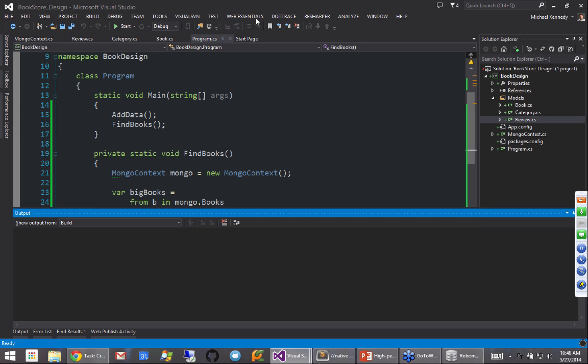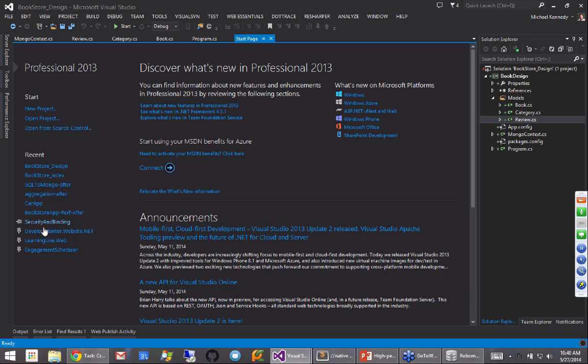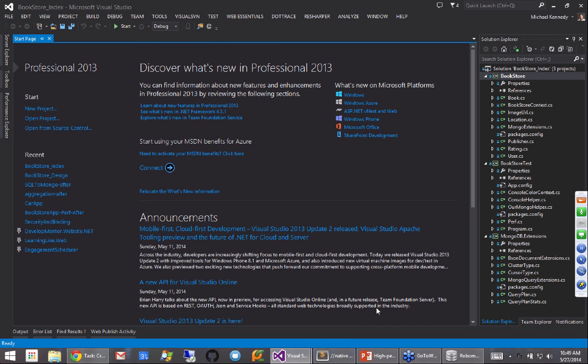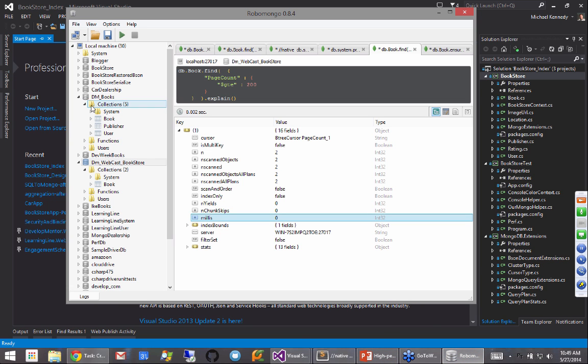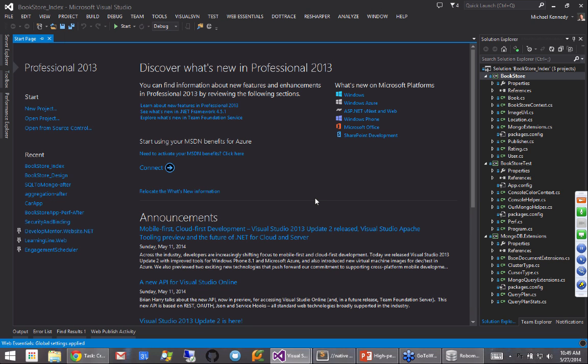Now, let me just show you code from another example here that has a lot more data, and then we'll move on to the next thing. This code talks to this much larger database with the 271 million books.